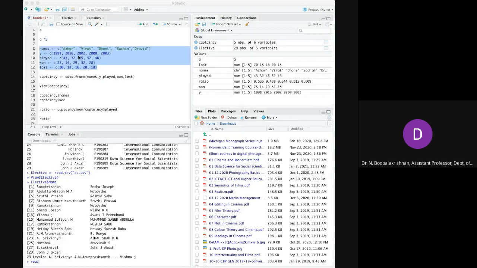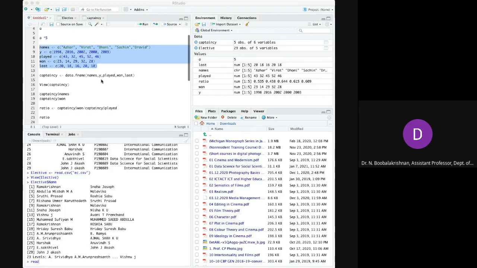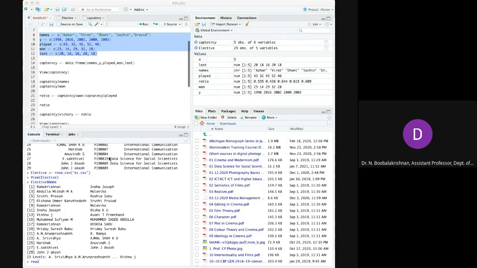What you write here is technically called the script or the code. The window at the bottom is the console window, which is used to install packages and run a particular command. I will come to that later: what a package is and what the different packages are.